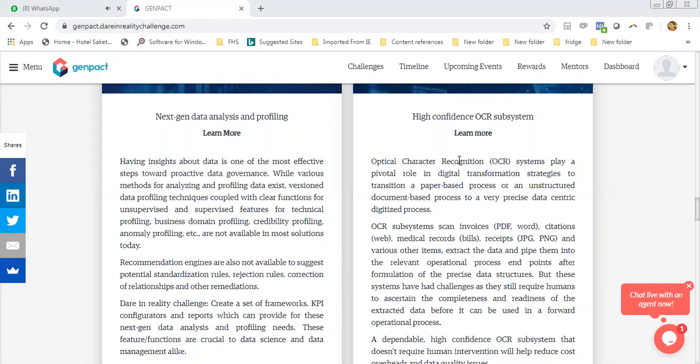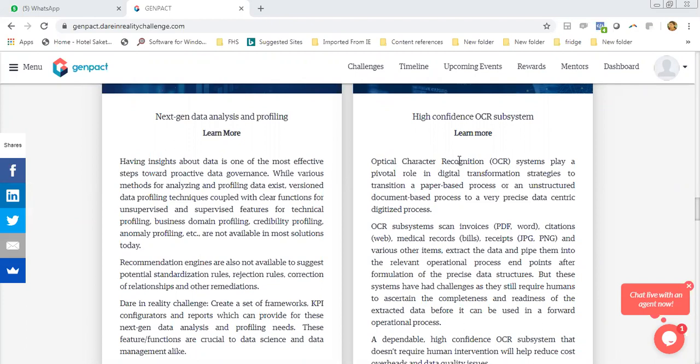So in this problem statement, what we are looking at you doing is looking at data which could potentially be in the form of, let us say, invoices or contract documents or any of those sort of officially shared documents. We are not looking at you matching images. We are not looking at you doing things with pictures, etc. Right? Very, very specific business-oriented problem, right? So things like invoices, things like checks, things like contracts, etc.